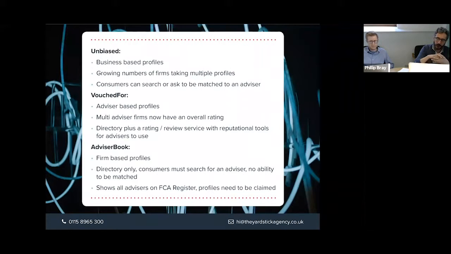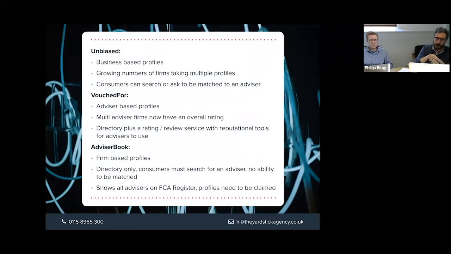And those consumers fall into two groups. The first group is the consumer who has used the advisor and is a client or has been a client. And the second, and this is really important, are consumers who can leave what's called a first impression. Now, the first impressions are left by consumers who maybe aren't a client yet, maybe never became a client. And sometimes these first impressions are not great and can drag people's score down.